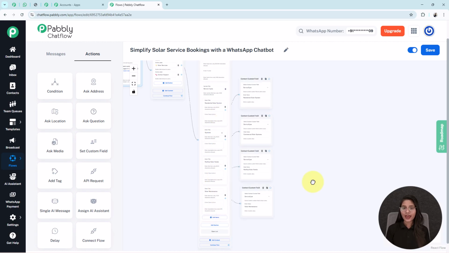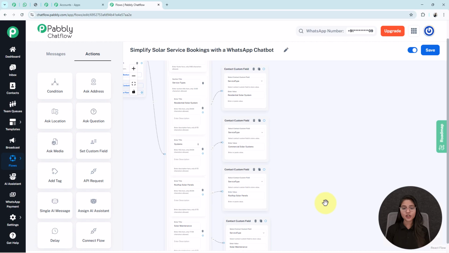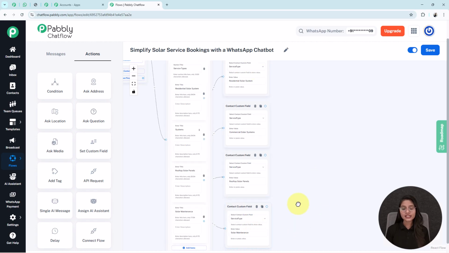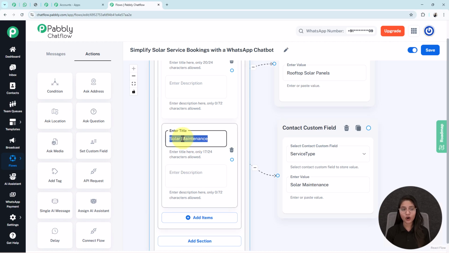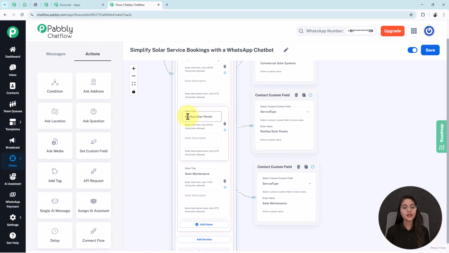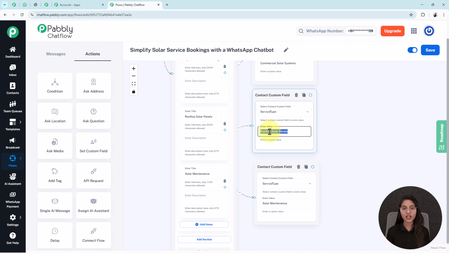types. Here I have added, as you can see, I use the same contact custom field in each of these nodes as a service type, but only change the value completely based on the input that I have entered in this enter title box. You also have to make sure that the input you have entered in this enter title box is the same you have to write in this enter value box. At the end, this will help your bot to provide customized message to your users completely based on their selected